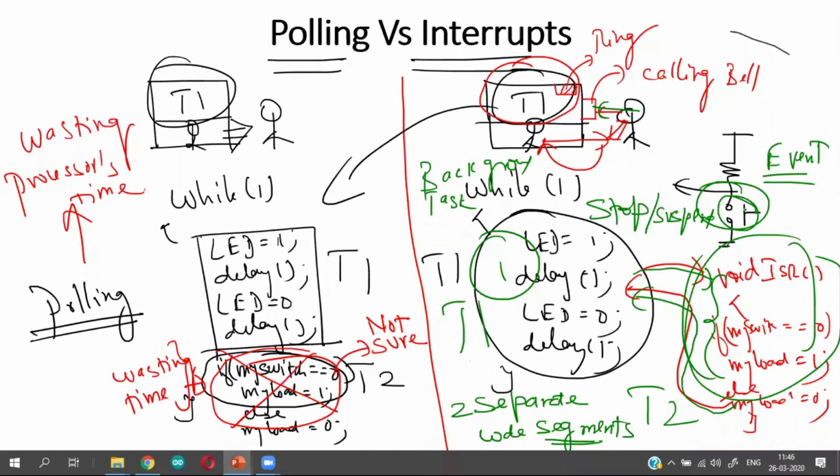So do you understand the basic difference between polling and an interrupt? Polling is a technique where the microprocessor or a microcontroller continuously checks for an event which may or may not be present. An interrupt is a technique where a microcontroller will address a specific segment of code only when an event happens, and under normal cases it will continue to do whatever it is doing so that its precious time is saved. That is the difference between polling versus interrupt technique. I am assuming that all of you are with me. All of you are able to follow what is going on here.